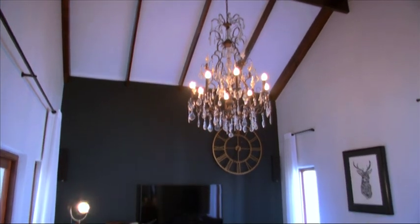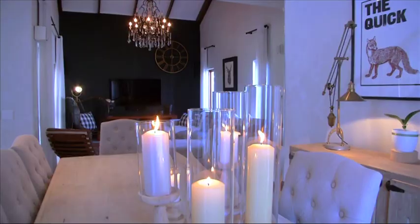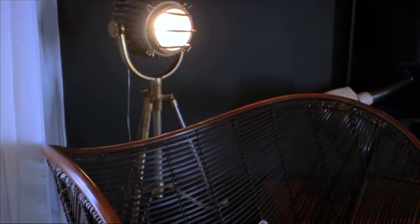You can have it bright and airy when you have visitors over, or you can have it soft and dimmed when you're watching a movie, or you can just have a side lamp on when you just want to sit in front of the fire and have a glass of wine. I've used a black wall to emphasize my crystal chandelier. The chandelier is big and oversized, and by adding the black wall, it just definitely makes it stronger, powerful, and